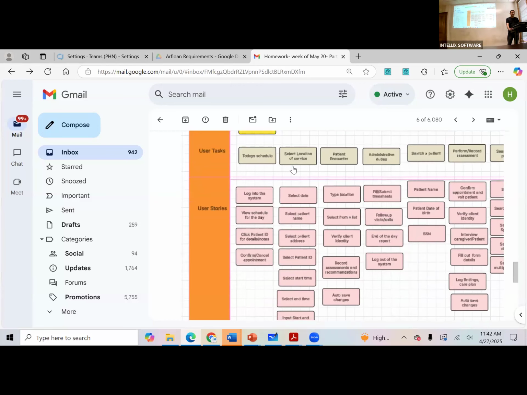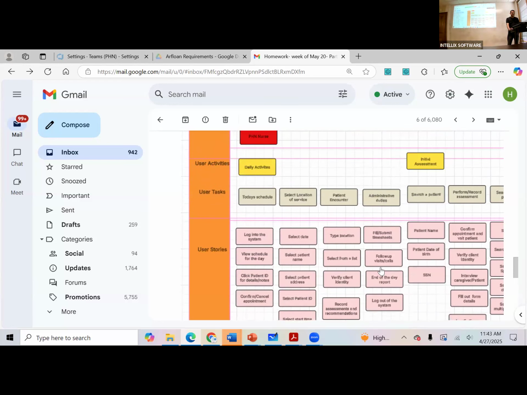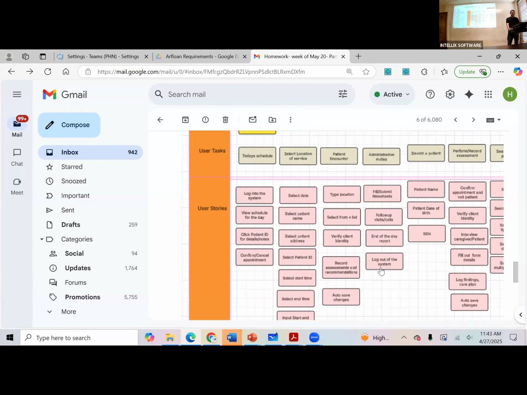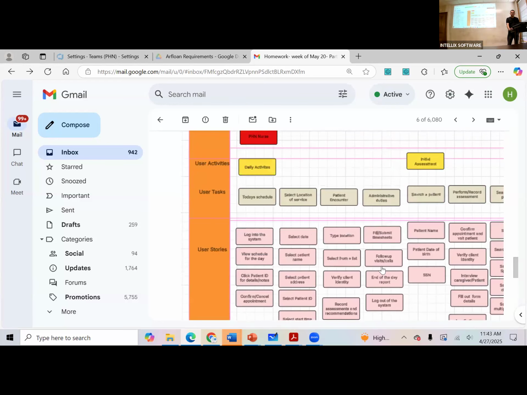Sounds good. And technically, you can have epics created for each of these. Patient encounter, search patient, all these things can be part of the epic. I keep imagining the system would have that in the back of it. Yep, that's correct. So Harshal, now if you could quickly go to the other email, I'll quickly go through